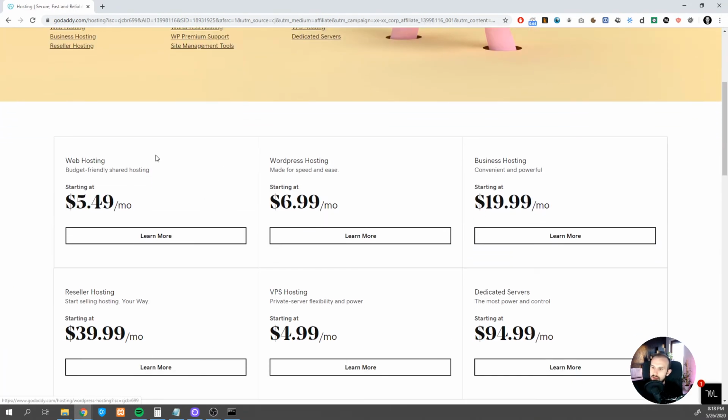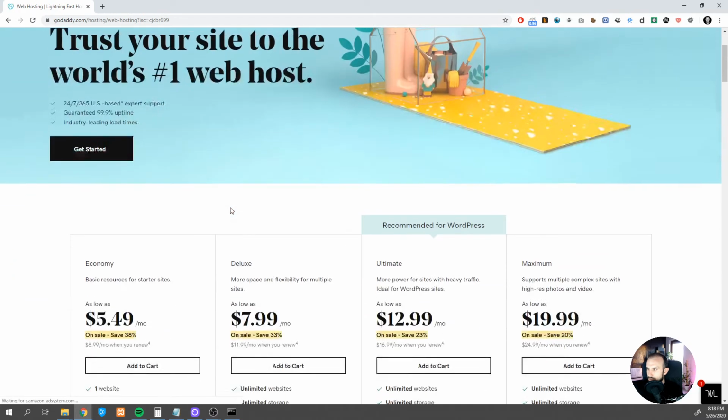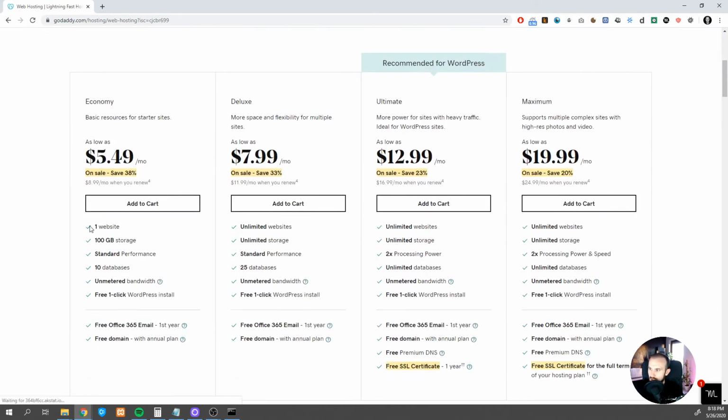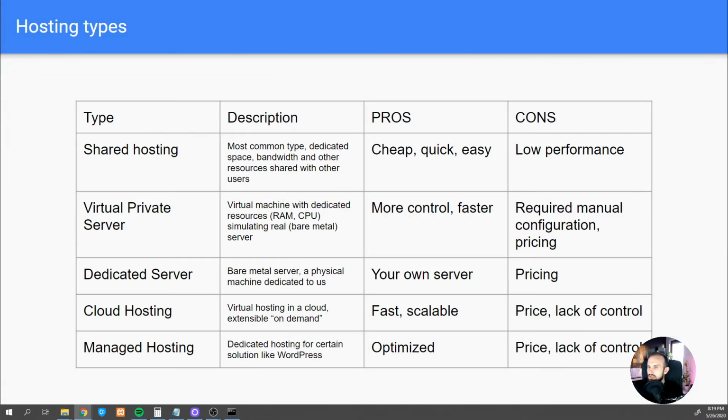So as you can see here, you can have different hosting options. And what those hosting options usually are, you can host a single website, and then you have some storage, some performance, and some databases over here. So how does it actually work? Well, the point here is that those server providers, they have